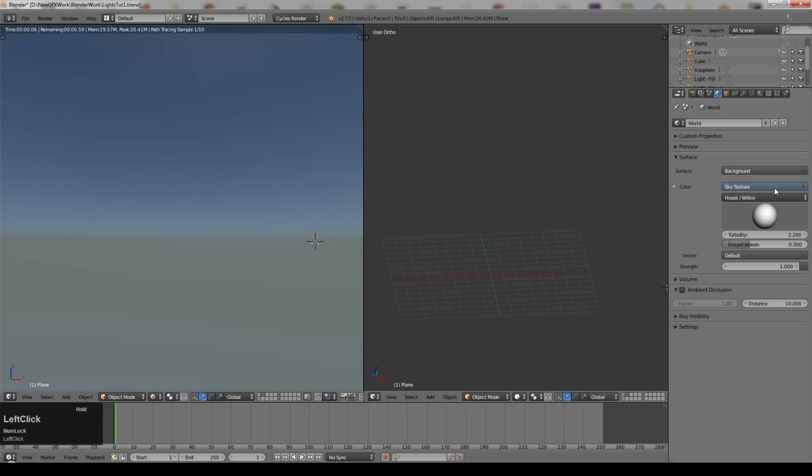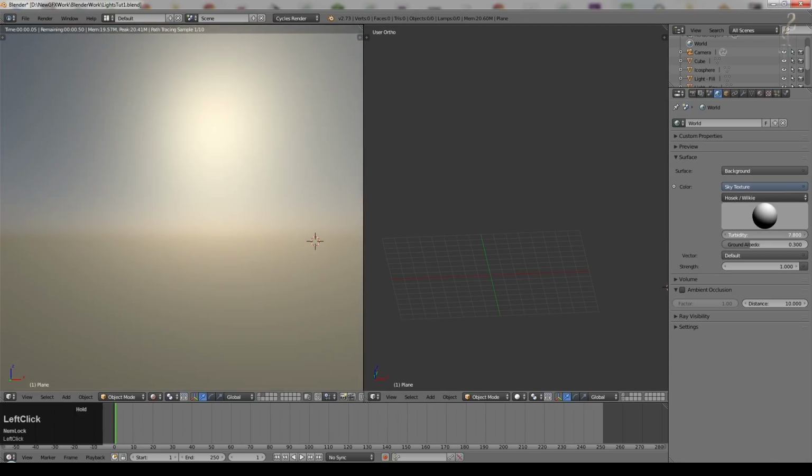There's a point at which it is quite light and then rapidly goes darker. And you can adjust how that looks. It's almost as if there's a sun just off the screen there, and you can just about see a bright spot there, which is roughly where the sun is coming from, and all I'm doing is clicking on this sphere and moving it around. You can adjust things like turbidity, which really is just adding dust into the atmosphere, and that's why it's becoming redder, and ground albedo, which is really how much light is reflected back up into the atmosphere from the ground. So if you put that up, basically it becomes lighter.